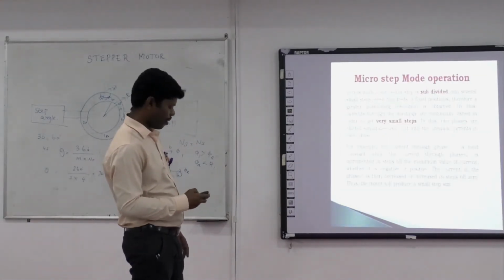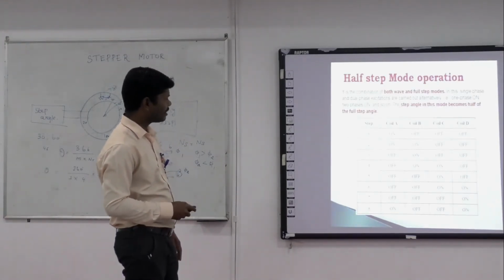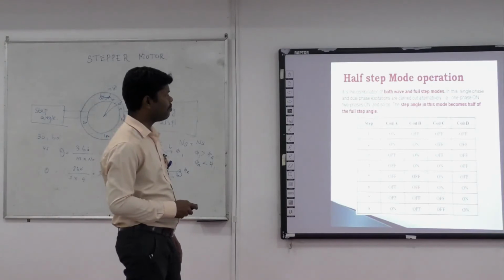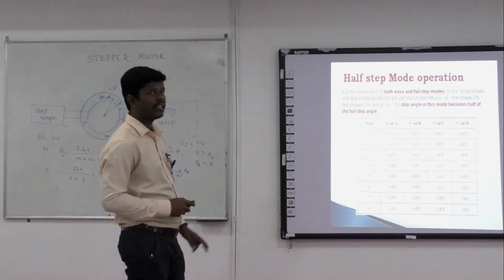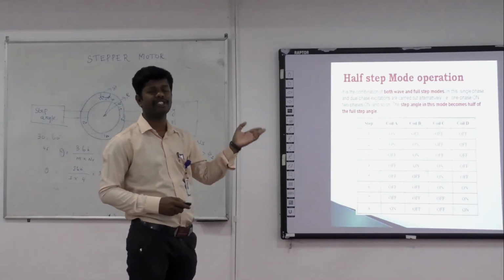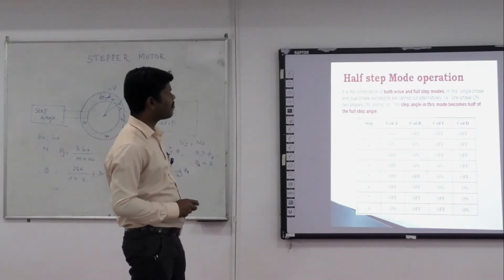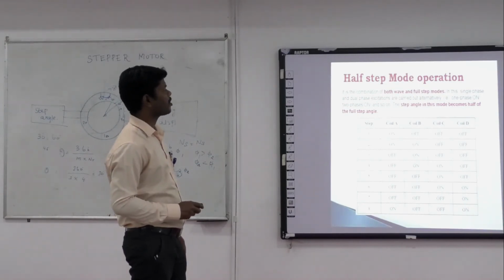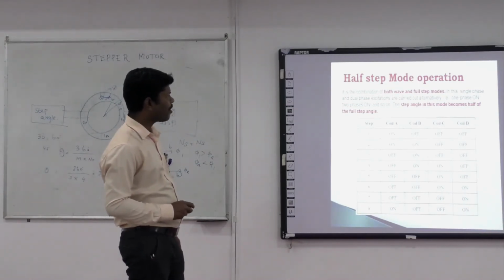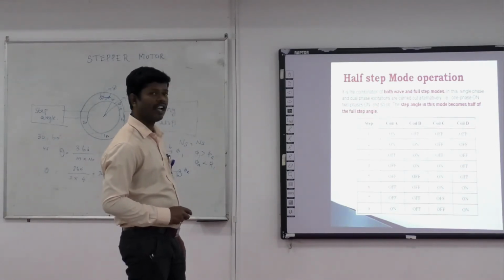So next, half step mode of operation. Here we use the same method. So coil A, coil B, coil C, coil D. Here both coils can be energized, and here a single coil can be energized sequentially. Example, taking a combination of both wave and full step operation. So one phase and two phases are energized between two coils. Example, taking our on. First coil can be turned on.